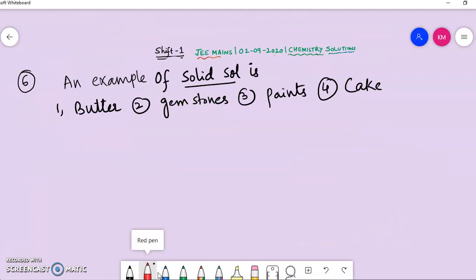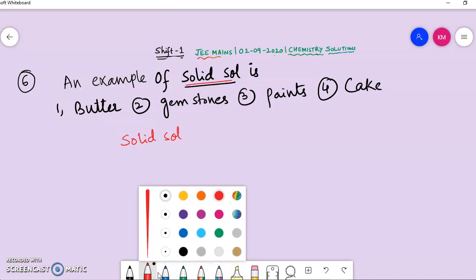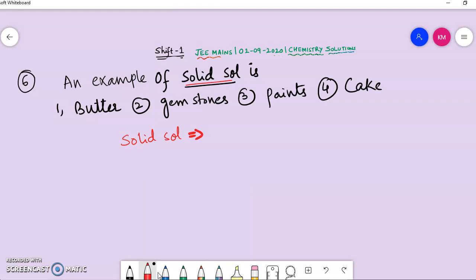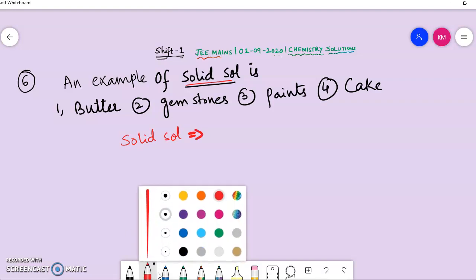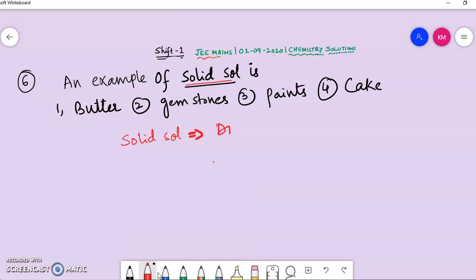Children, the next question you can see here: an example of solid sol is. Guys, what is actually solid sol? It is another question from surface chemistry, guys. So solid sol, if you observe it, what is solid sol, guys? It is one in which the dispersed phase as well as the dispersion medium